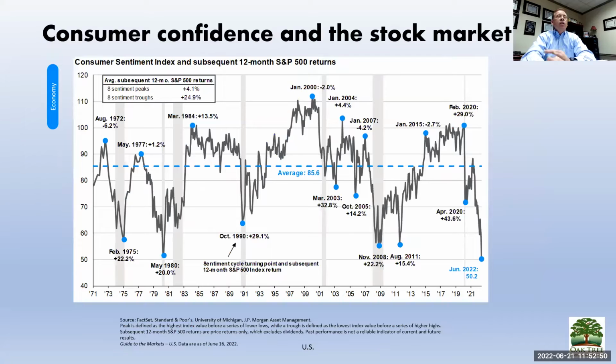The next slide, I want to talk a little bit about consumer confidence. This is actually a pretty big deal. One of the things you'll find is about 70% of our economy, 68% of our economy, our gross domestic product, is really generated by the individual consumer. So that individual consumer is buying a lot of things. Now, when they start feeling bad about things, they quit buying as many things. And the question is, is that going to put us into more of a recession? What happens then, or how long will the recovery be to come out of that